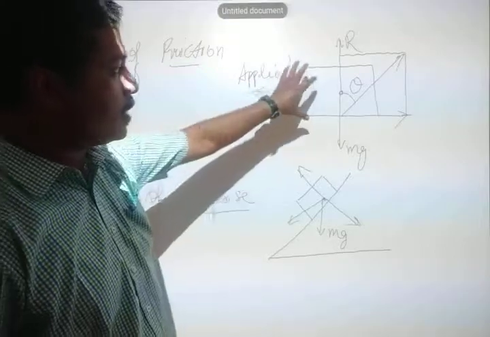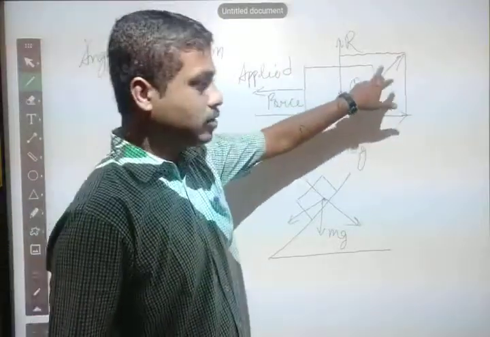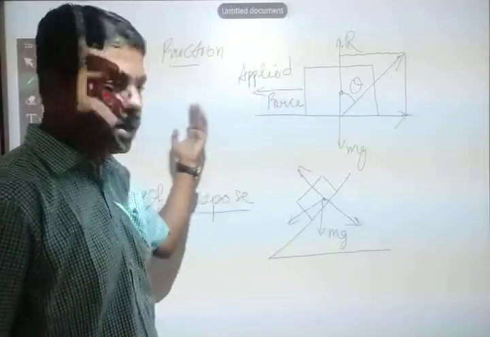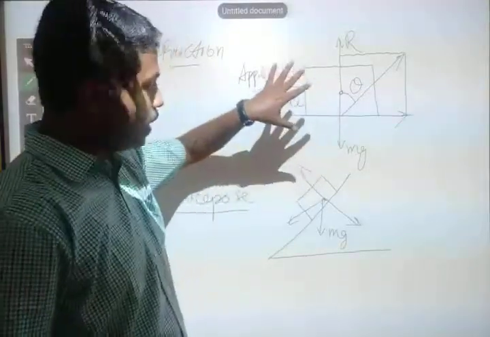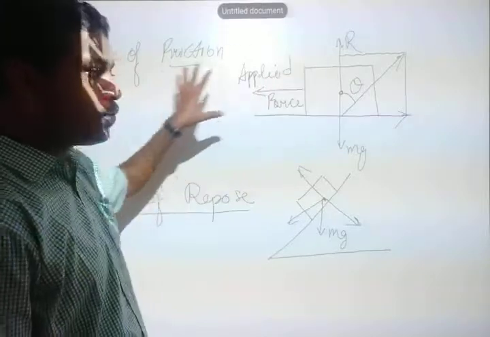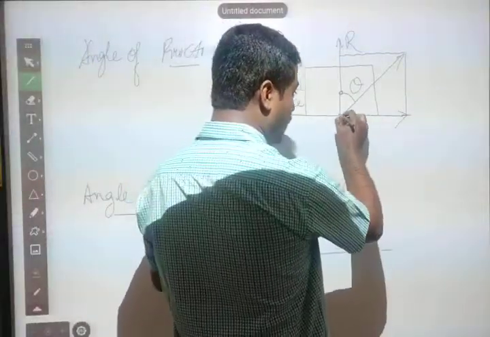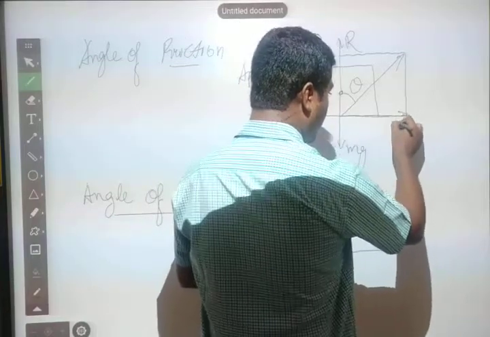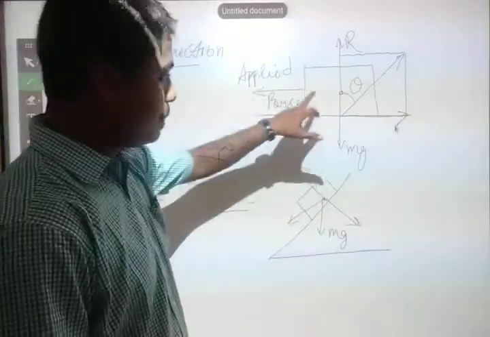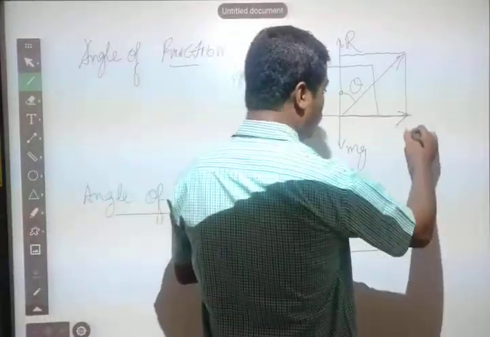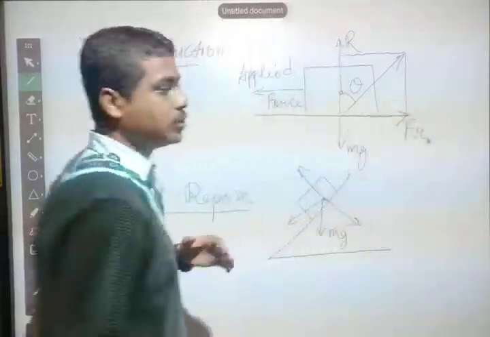First of all, consider a body. I am applying a force towards the left-hand side, and the body is moving towards the left. As we know, if the body moves towards the left, the frictional force will always be towards the opposite side, along the base of the object and on the surface it is touching. This will be your frictional force.